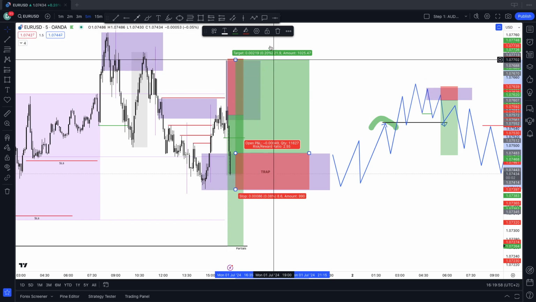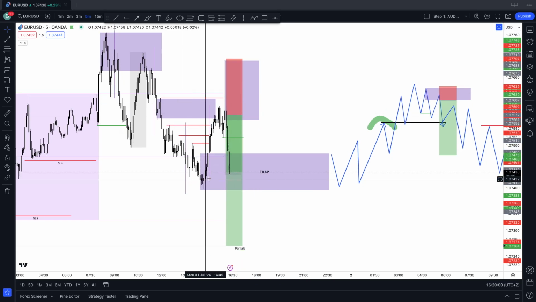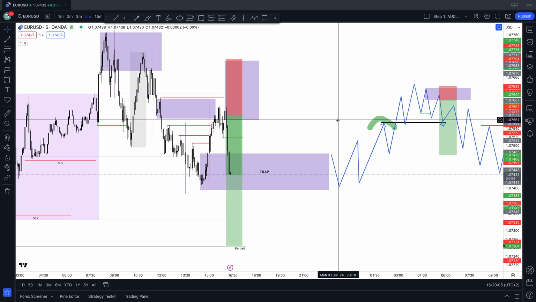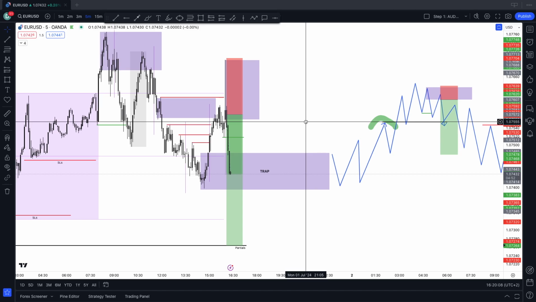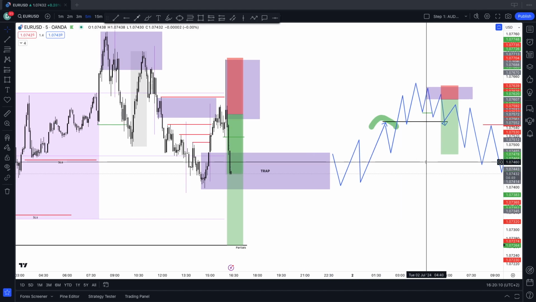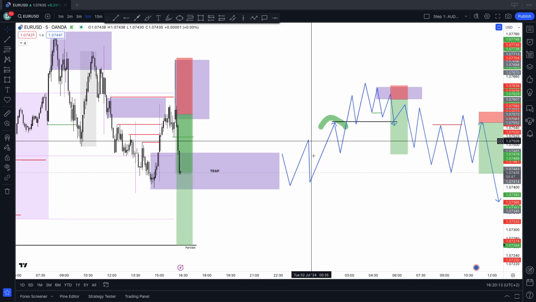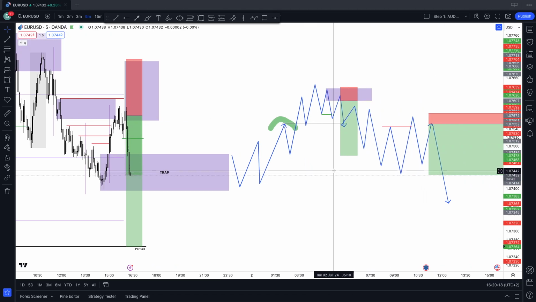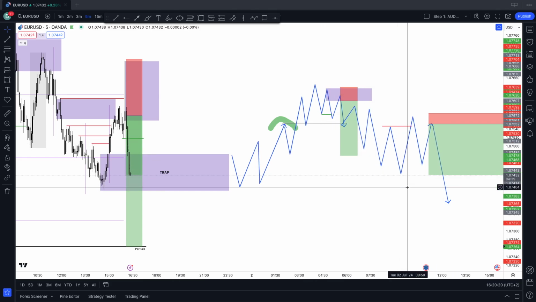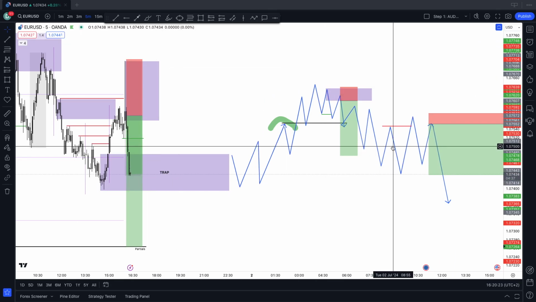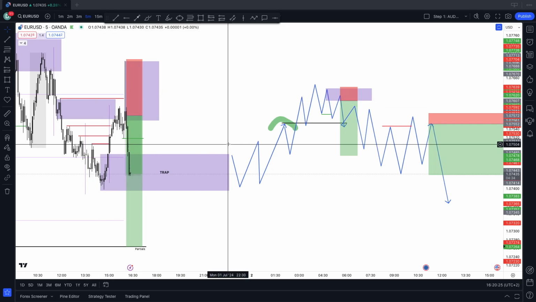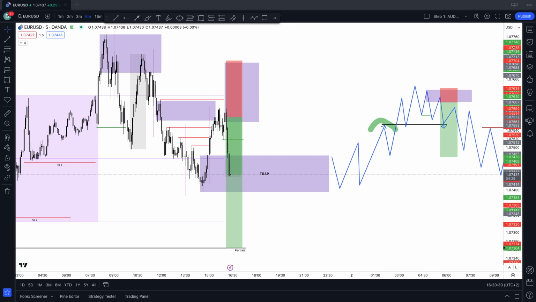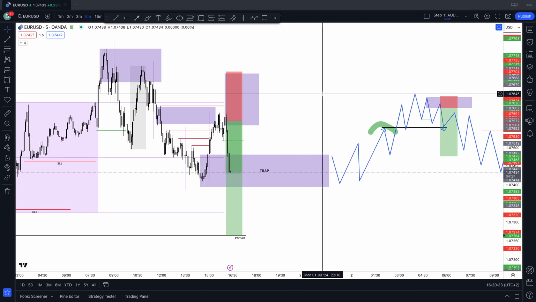Like I said, this is how most of the world trades. This is their confirmation to enter longs because they don't understand the true intentions behind the market. They don't understand the bigger picture. They don't understand this and this. They don't understand that in order to continue trading in the direction we want to trade in, opposing liquidity needs to be generated, which is exactly what happened right here. And once you understand that, once you learn that's how the market moves and that's how the market operates,